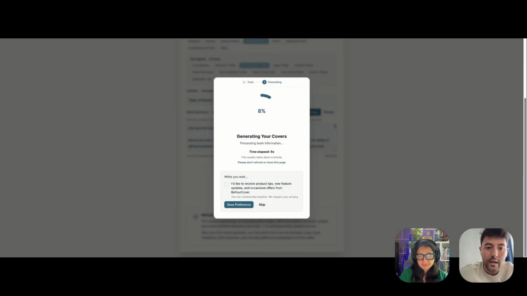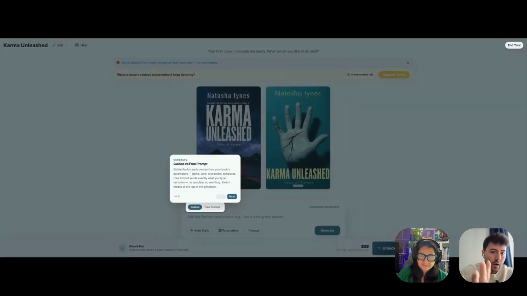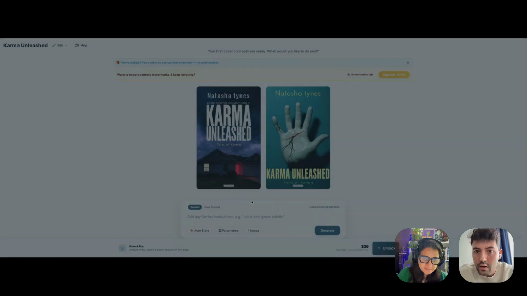So now, what's behind this? The AI is analyzing which images you selected or liked, and it's also analyzing the content of your book and the genre of your book, and it's merging all of that to create the best two covers possible for your book, based on genre conventions and on the title. If you click on the top right corner, you can end it all or click escape.